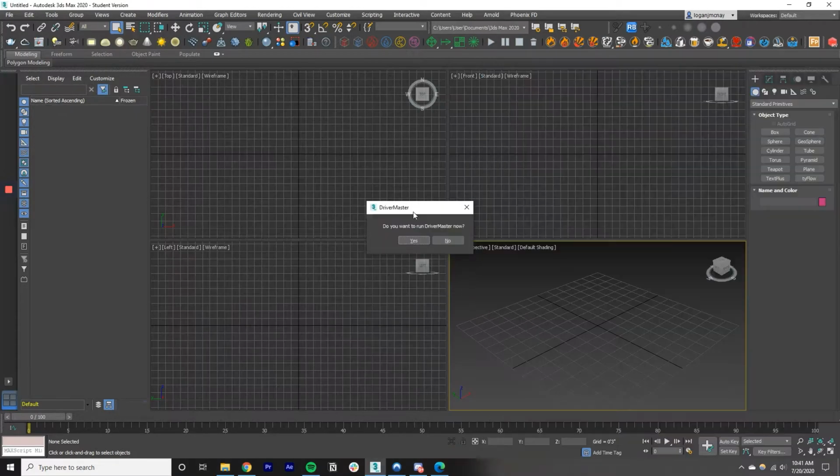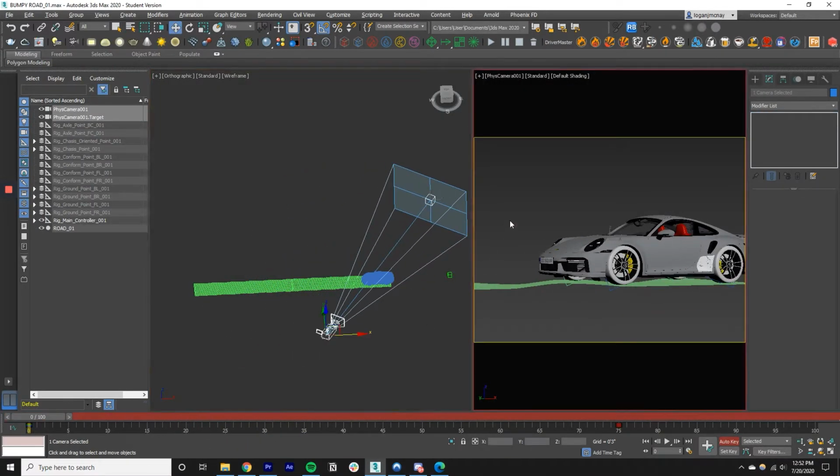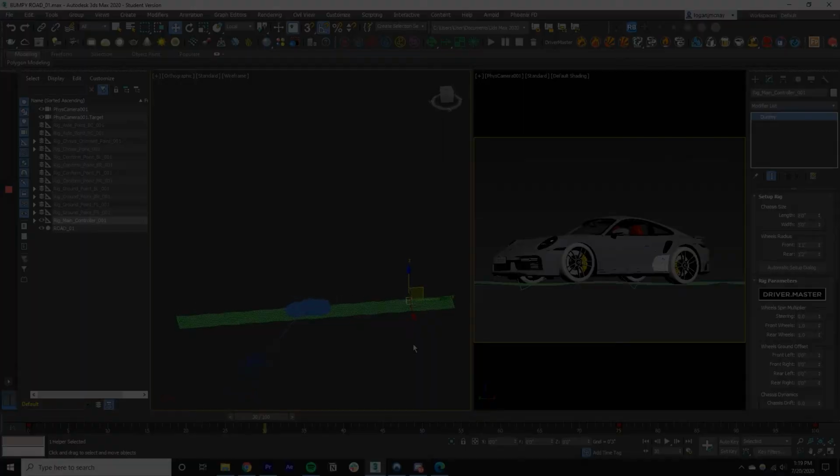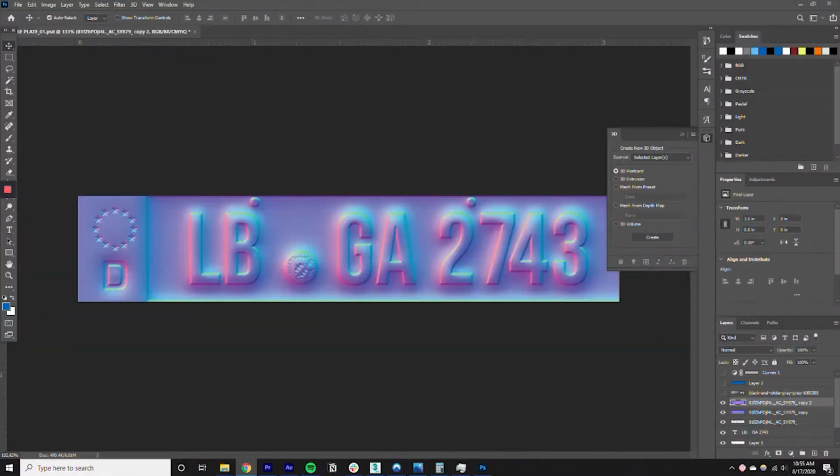I bought a plugin called Driver Master so that the car could move to the bumps in the scene and I wouldn't have to animate it going up and down. I could just keyframe the start and end point. I added grass, used materials from Polygon to texture the road, bought some guardrails, made a license plate in Photoshop,